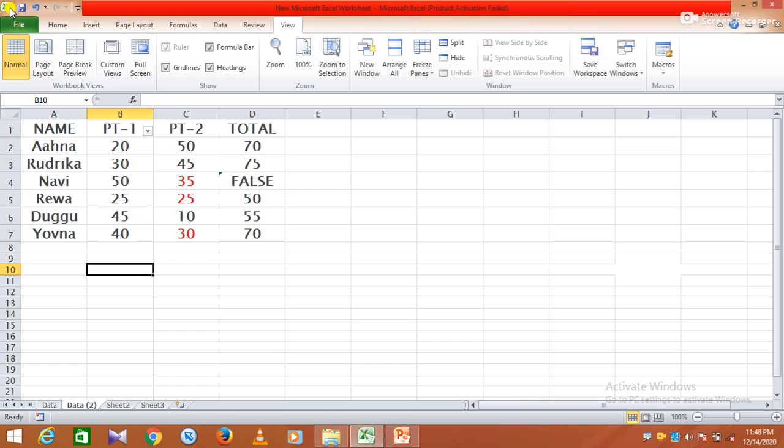Now freeze rows and columns simultaneously. To lock both row and column, click on the cell below the row and to the right of the column that you want to keep visible when you scroll.